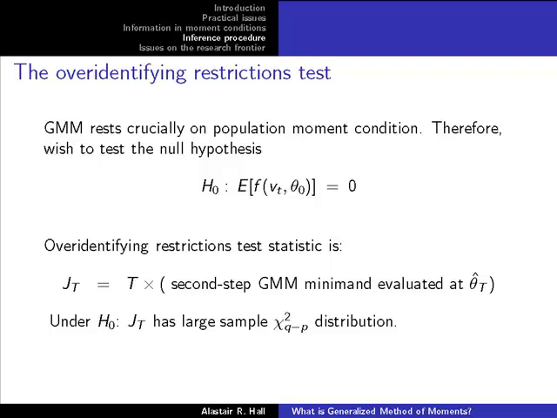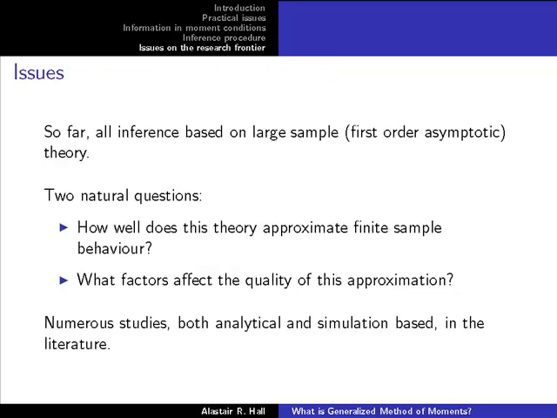And it's just the sample size times the second step GMM minimand, evaluated at the associated parameter estimate. And under the null hypothesis that the moment condition is consistent with the data, it has a large sample chi-squared distribution. So it's very simple to implement, very simple to calculate, because it's an obvious byproduct of the estimation being based on the minimand. So that's a kind of